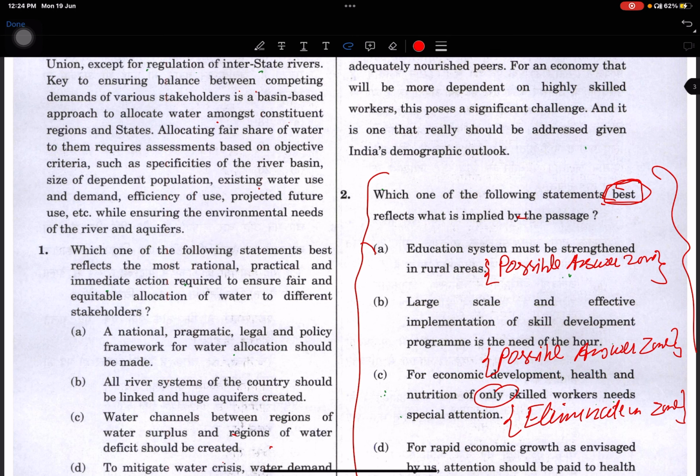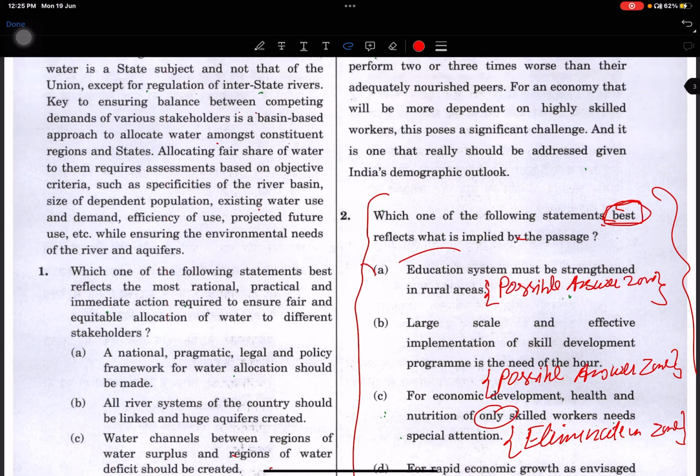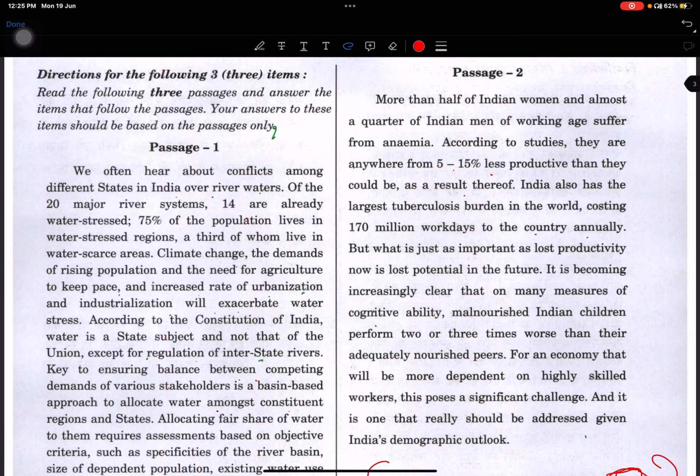For example, if we are going to read the passage, जहां पे ये आ जाए एजुकेशन सिस्टम के बारे में, रूरल एरियाज के बारे में, हमारे कान खड़े हो जाएंगे. Let it be where they are talking about skill development, we will more focus. Where they are talking about nutrition and health for economic growth, we will be more focused on those lines. अगर ये काम नहीं किए होते, we have to keep all these lines in our mind